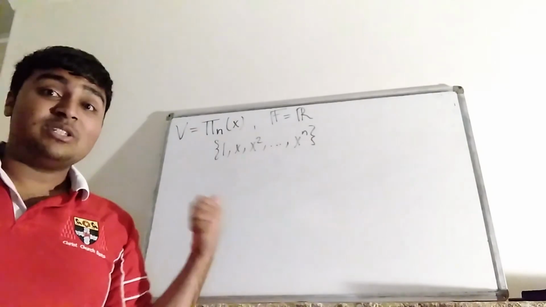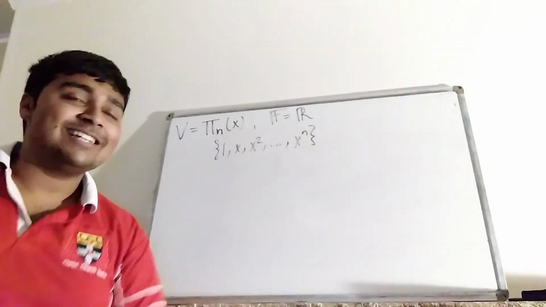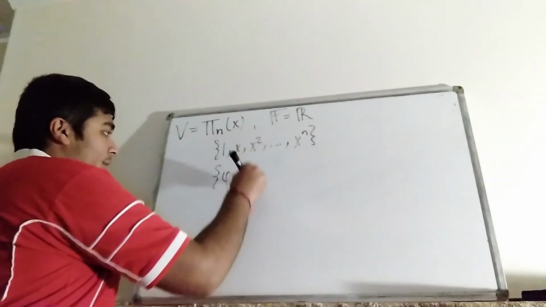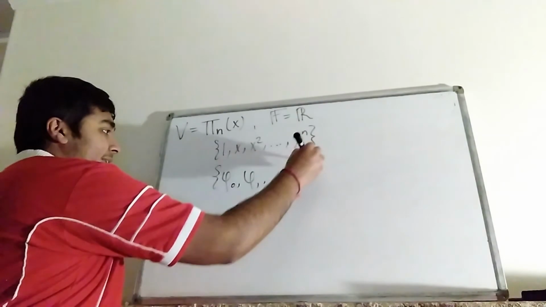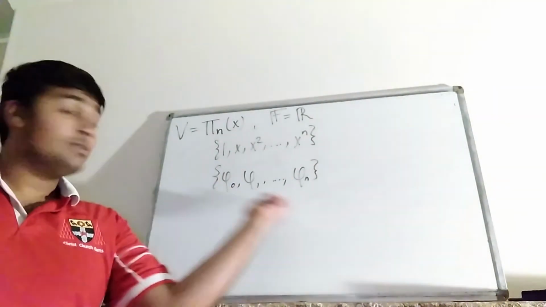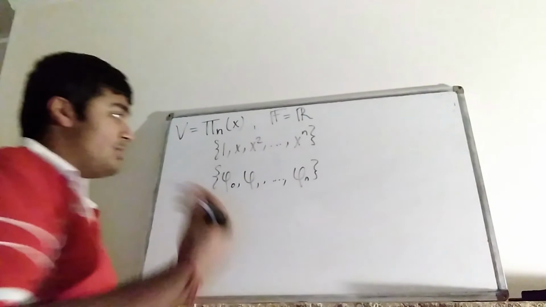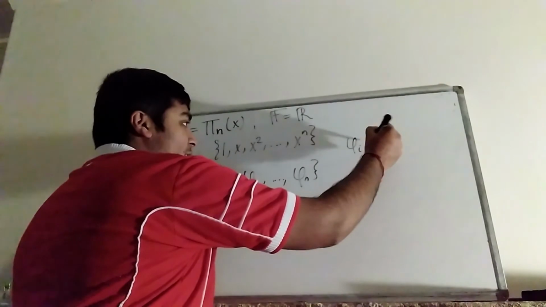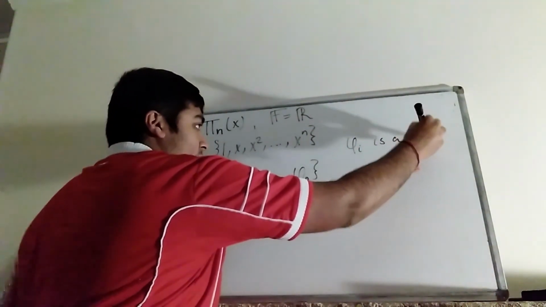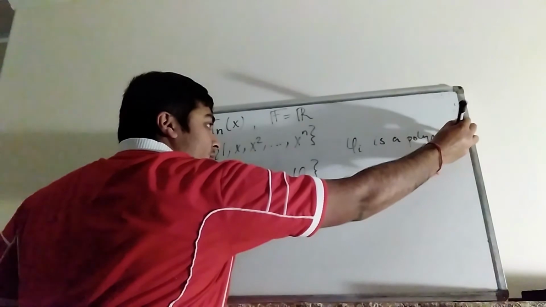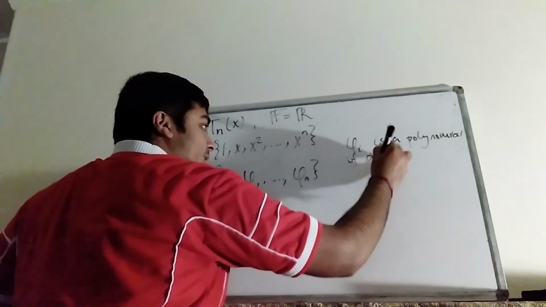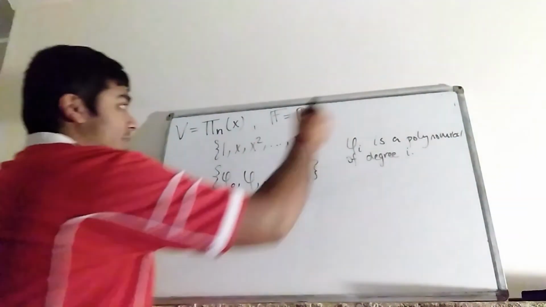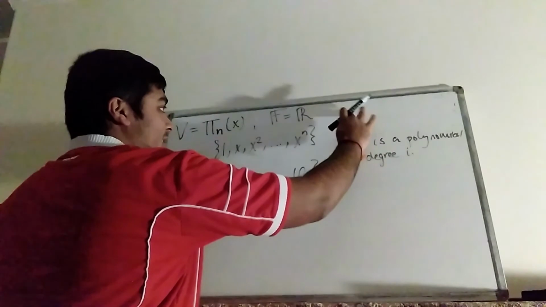Now, what we want to do is use the Gram-Schmidt orthogonalization process to construct a new basis, which I'm going to call phi naught, phi 1, all the way up to phi n. These are all polynomials, okay, and we have a few properties which we can derive, or which we can state. Firstly, phi i is a polynomial of degree i. Also, they're orthogonal with respect to, perhaps I should have written this, our inner product is going to be this thing here,